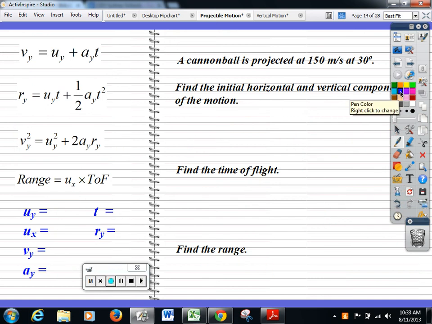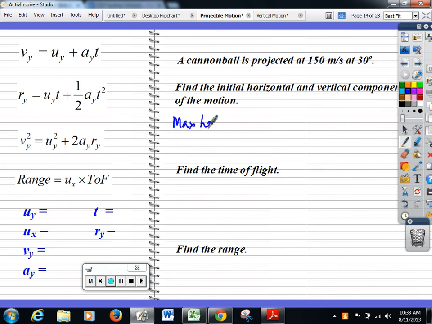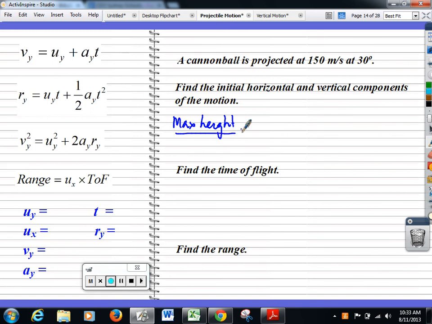So what do we know? We are finding maximum height, which is on the next slide, so I'm not going to change it. What do I know Uy is? Could you just tell me again? 75. Do I need Ux? No. What's Ux only used for? Find the range. Good. Vy, at the top of the flight, what is my vertical velocity? 0. Acceleration is minus 9.8. Time is irrelevant, but we want to find the distance when these are met.